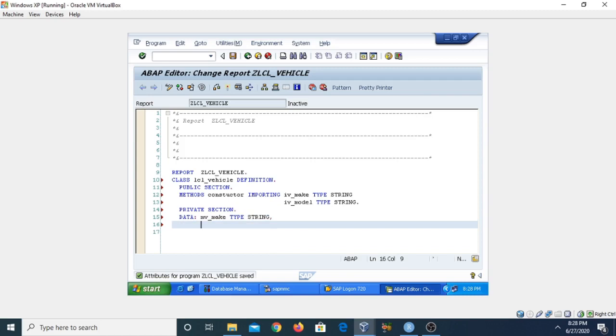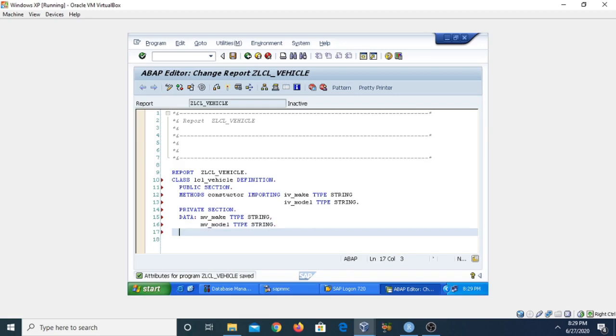Similarly, we are taking another data object MV_model, and the type is string. This way you can create the data objects.